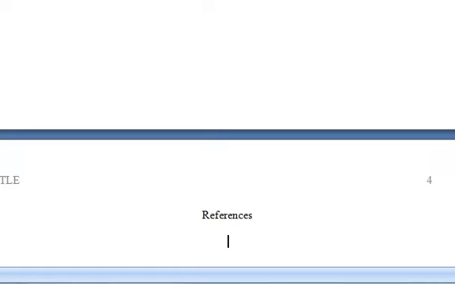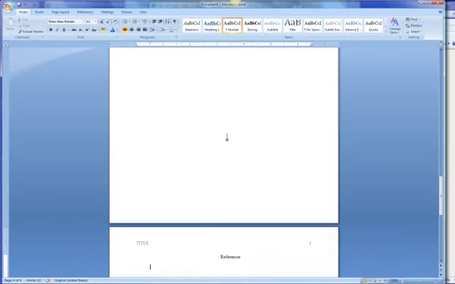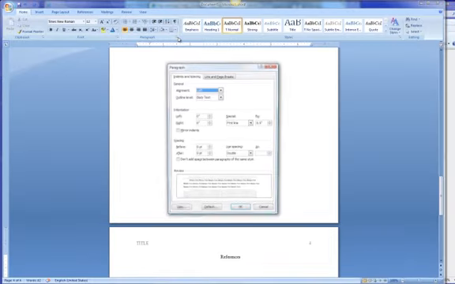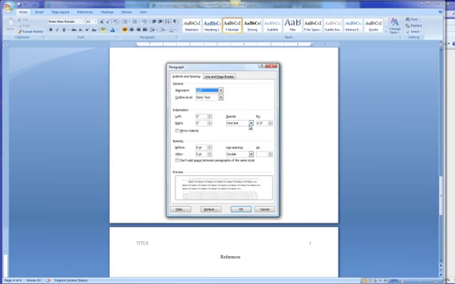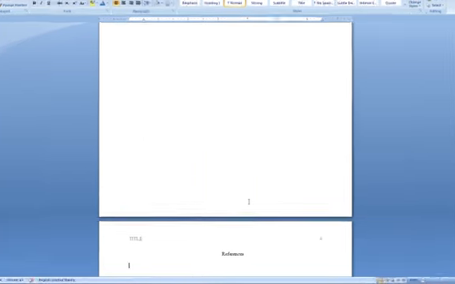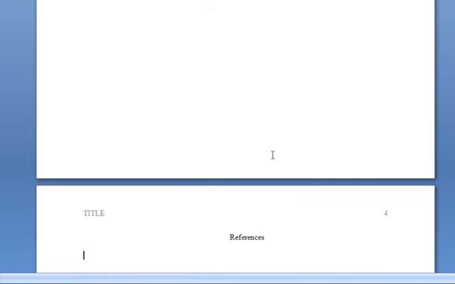Then you're going to format your paper with hanging indents. So you go to paragraph, clicking on the caret, indentation, special, you'll click hanging. This means that the first line will be all the way to the left and any subsequent lines will be indented in. For a journal article, you'll have the author's last name, the author's first initials, and then if there are multiple authors, an and sign and the second author's last name